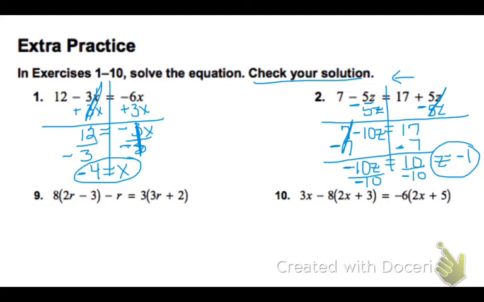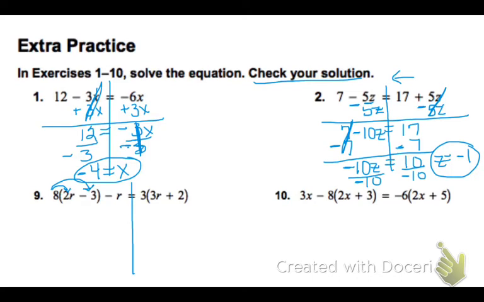for number 9. I've chosen to do number 9 because now we're kind of getting into that simplifying, right? We have some distributive property, possibly some like terms. So again, I like to kind of draw the line, okay? So I know which two sides of the equation I'm working on, and I am distributing a positive 8 inside